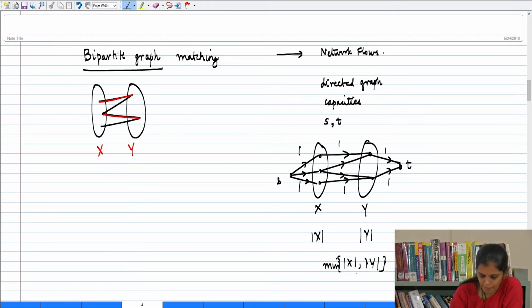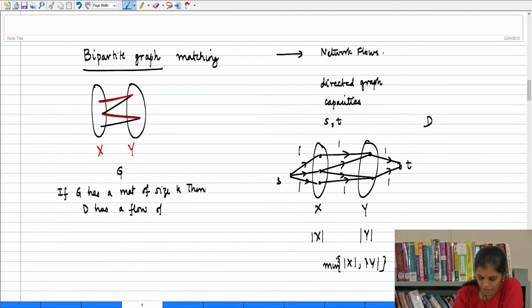I will call this bipartite graph G, the flow network D, as we had called in the morning, right? So the first claim is that if G has a matching of size K, then D has a flow of value